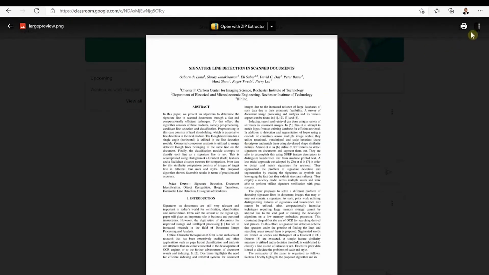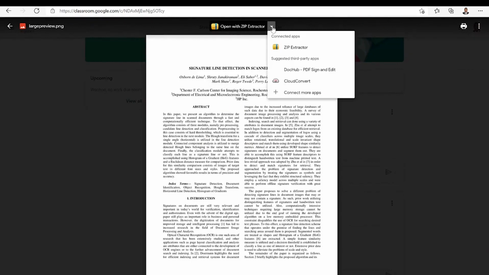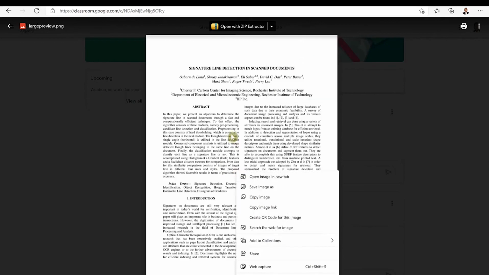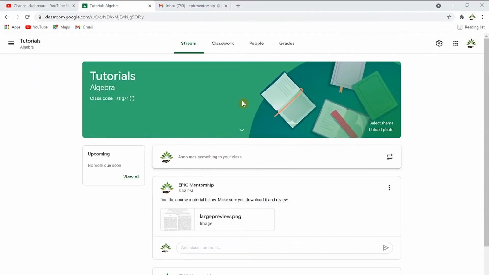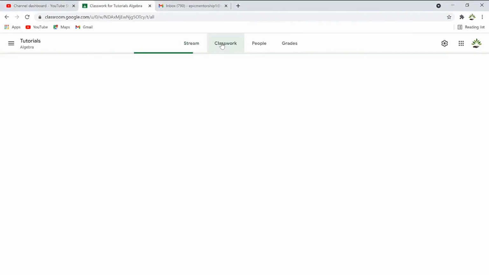You can view it, and you can print it, and then you can open a new tab, and you can easily extract it to zip using this zip extractor, and you can right click on it to save it as an image, so you can easily save it out and make use of it for yourself. Very easily. All right, so let's say we want to give an assignment to the student so they can attempt and submit on time. All we need to do is come over to the class work over here,